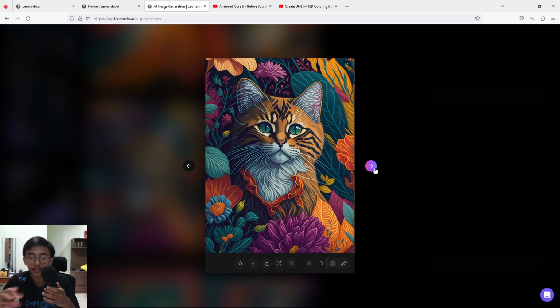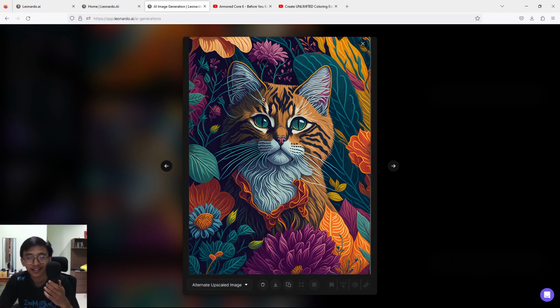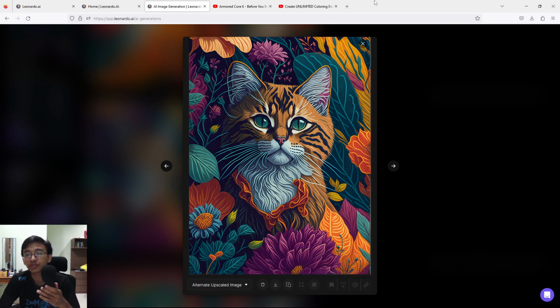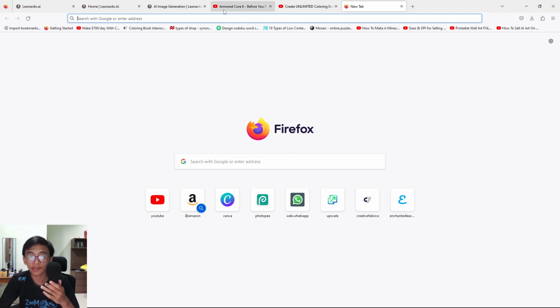Alright, and then it will generate for a minute, and then you will see your image be a little bit sharper, a bit more resolution. Okay, we just wait and let's see. And here we are. So they have upscaled our image. You can see a little bit more detail, a more vibrant color right here. But one thing is that if you use this feature that Leonardo provides, it will cost you tokens. So if you don't want to use your tokens, there are other ways to upscale your image, which is using